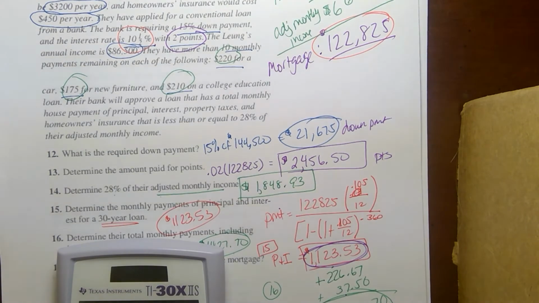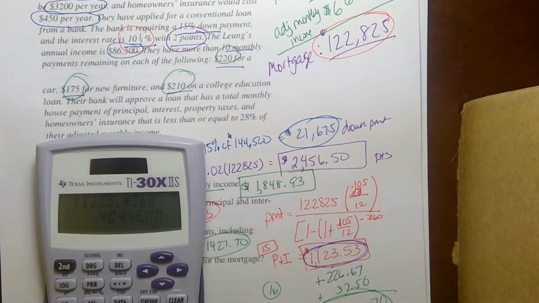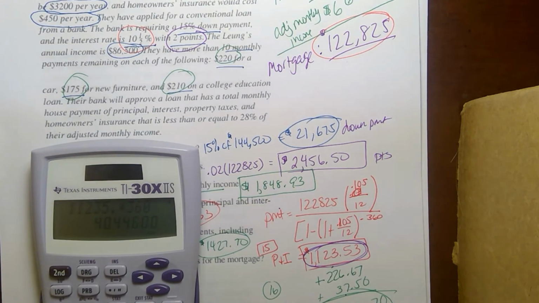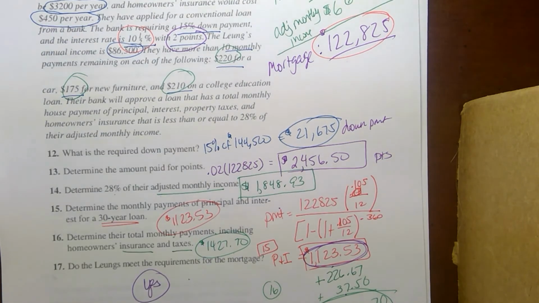So 1123.53 times 360, and then I add my down payment, $21,675, and then I add points, 2,456.5. What did I do wrong? I'm having a bad day with my calculator. I can't see what I'm doing. Times 360 plus